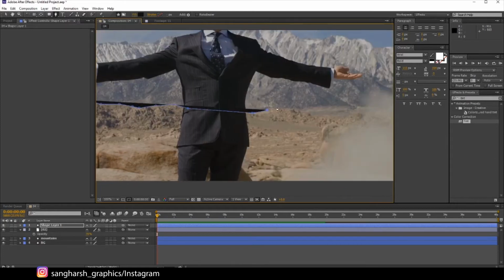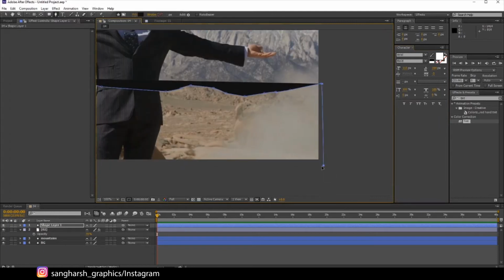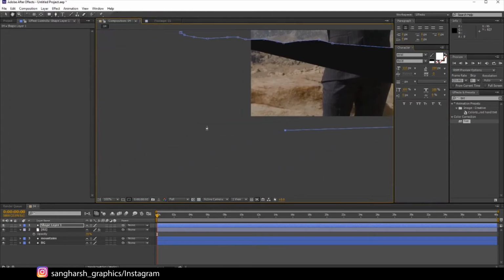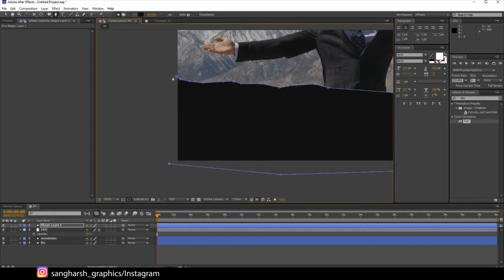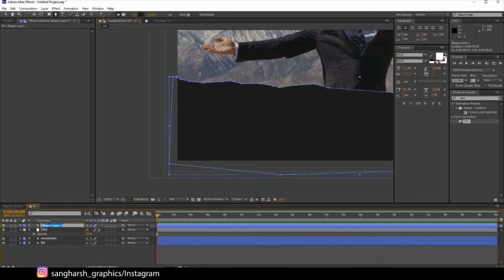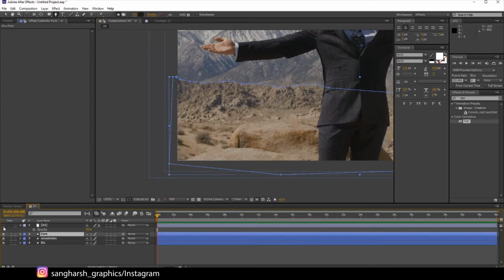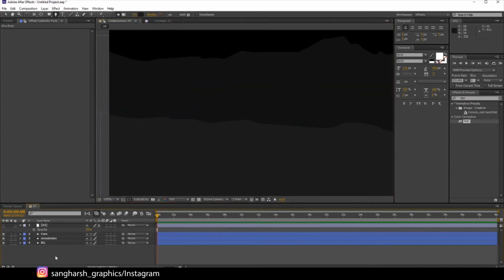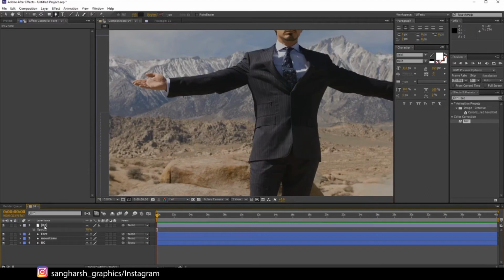You can make as many layers as you want according to the depth. Okay, let's make it a little bit brighter. Rename it as foreground. I'm just renaming it quickly. Drag it below the main layer. Now you can see we have these three different layers.